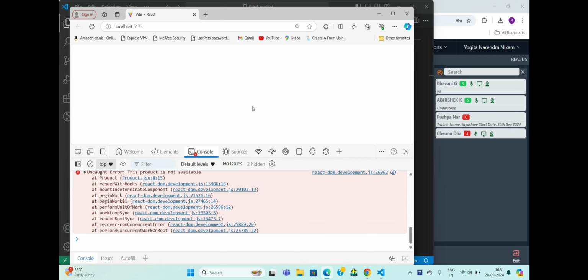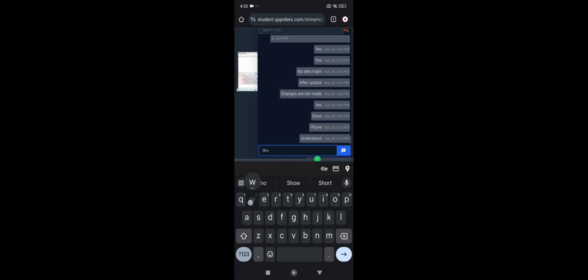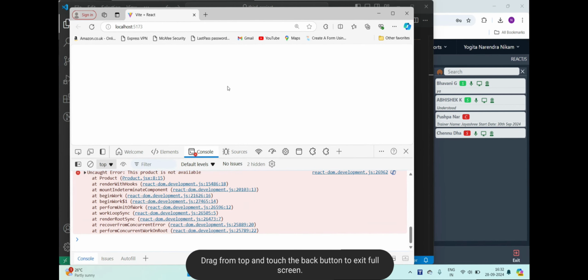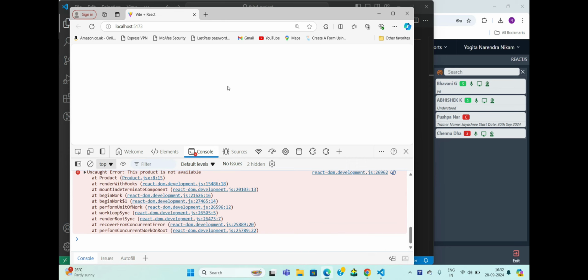So now tell me, is showing a blank screen a better option, or showing an alternative message a better option in front of your user? What would you like? You would like to tell something to the user, right? Yeah, you would like to tell the user something, correct? You would like to give an alternative message, or you can also say that you would like to give an alternative content, or I can also say alternative UI, and that is called as fallback UI.